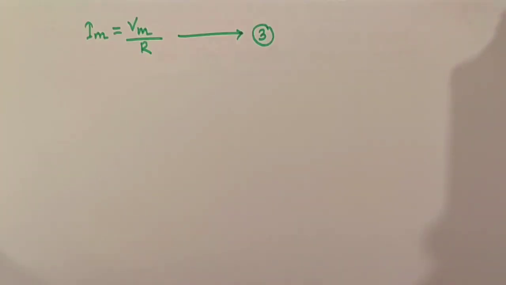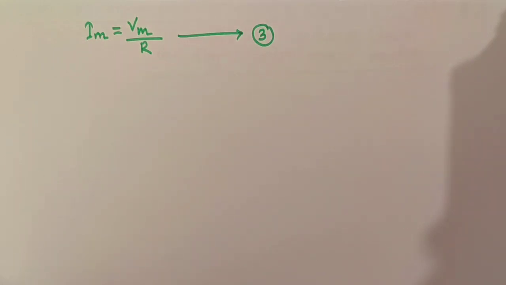Now from equations 1 and 2, it indicates that the current varies with time in exactly the same manner as the voltage. Since the current and the voltage vary identically with time, reaching their maximum values at the same time, they are said to be in phase. I repeat,